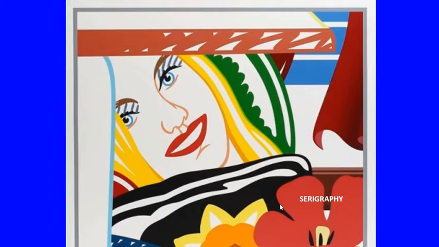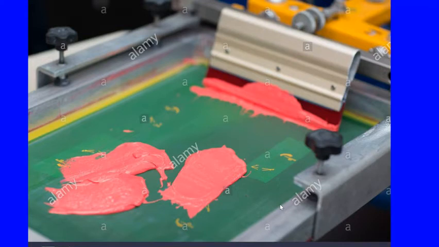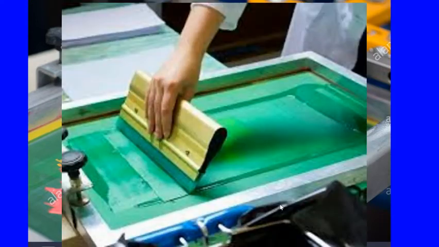All right, serigraphy is a technique that's used for making art. So here's how serigraphy works. It's often called silkscreen. So you have a wooden frame, that's that gray frame that goes around the picture, and a silk fabric that goes across one side of that frame. And then they put stencils on there, and then they put ink on there. So you can see the ink in this picture is pink. It's pink ink. And they use a squeegee to pull the ink across. So here's a person using a squeegee to pull green ink across the